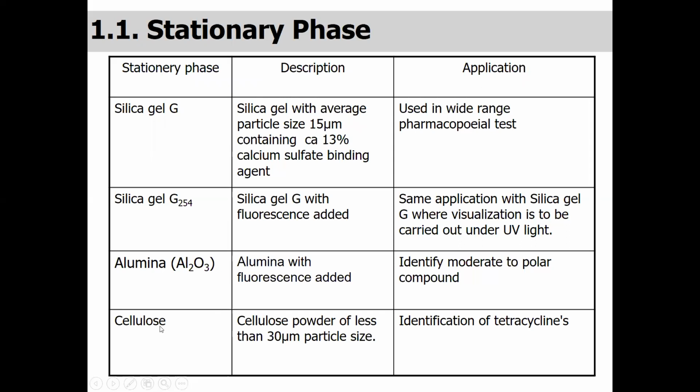And sometimes we also have a silica gel which is F254. 254 means we added a fluorescent indicator, and we can see this silica gel TLC under the UV light at 254 nanometer. We also have some, as I mentioned in the previous slide,